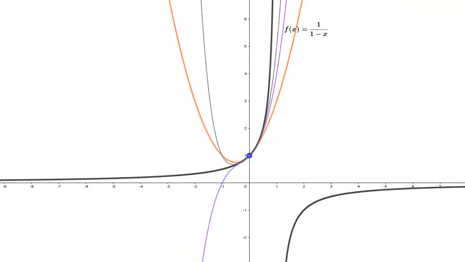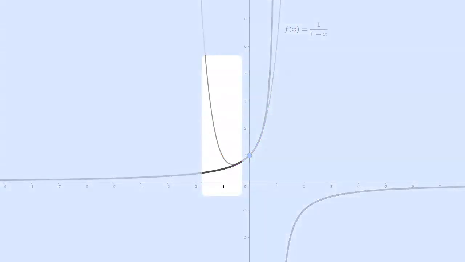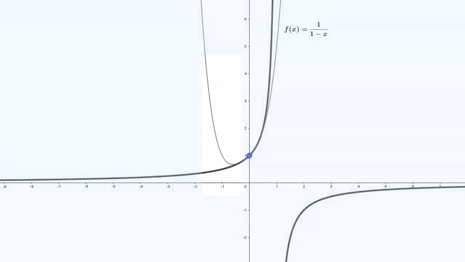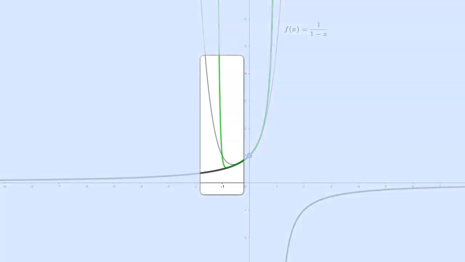Now, one thing that's worth noting here is that even when we get to our 4th degree approximation, the polynomial pulls away from the curve really rapidly before we get to x equals -1. And that continues to happen even if we take very high order Taylor polynomials. For example, here is the 20th degree Taylor polynomial. And while it is very good near 0, you can see that it still tears away from the curve itself